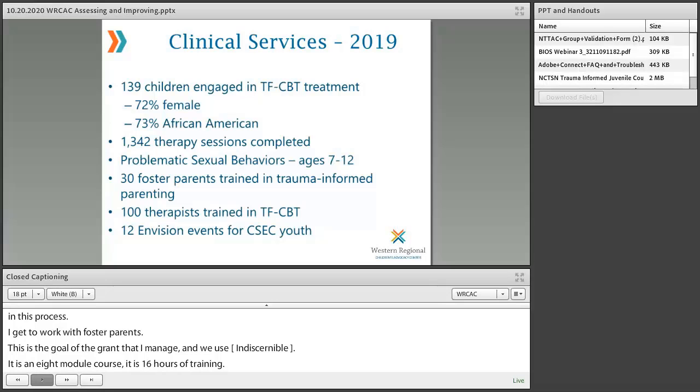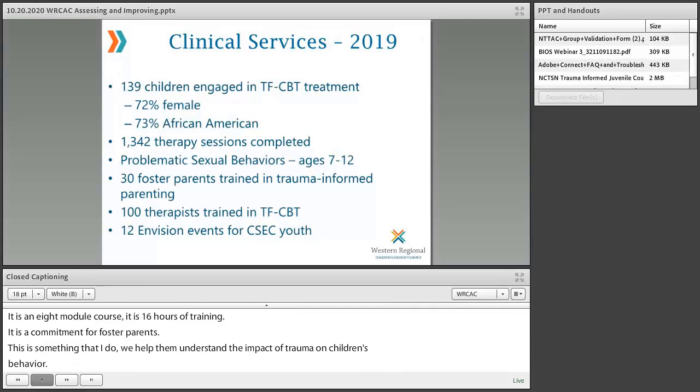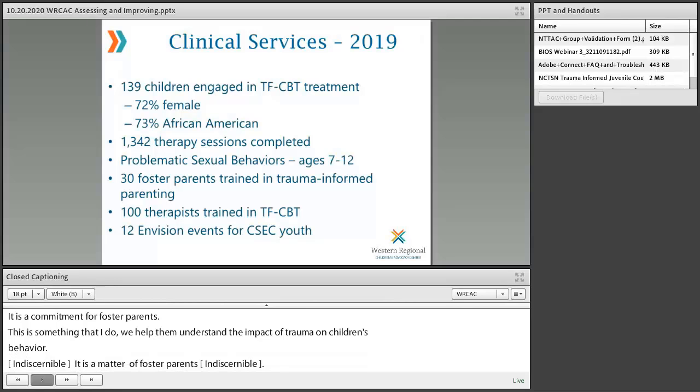We help them understand the impact of trauma on children's behavior and their overall development. The idea behind this is really to minimize placement disruptions. We know that kids in child welfare often get bounced around from place to place. And sometimes it's just a matter of foster parents or whoever that caregiver is not being fully prepared or fully knowing what to expect. So that's one of our goals in doing this foster parent training, to help educate them on trauma and really prepare them so that we can minimize placement disruptions, because we know that's really